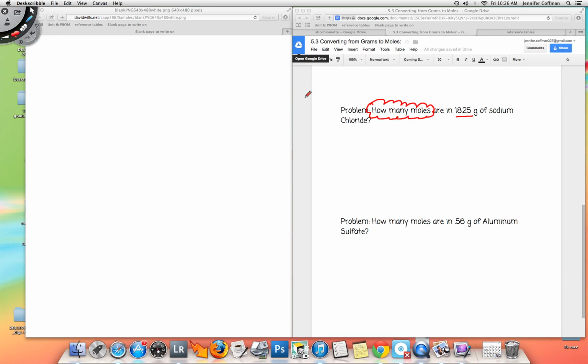First thing I do is I write down my formula. Moles equals grams over gram formula mass. And if you don't believe me,